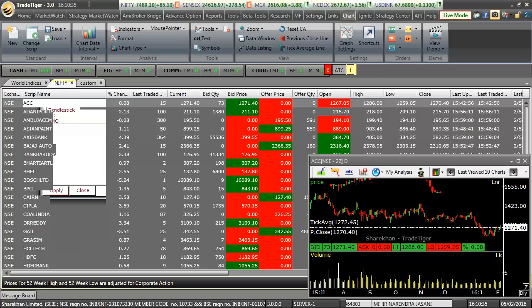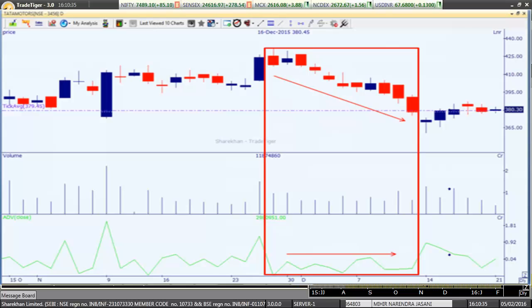I have captured a screenshot of a chart where I have plotted ADV onto the Tata Motors daily chart, and the highlighted area is what exactly we are looking for. Normally, most of the times ADV will move in relation to the price, but we look for the point where ADV is not moving in relation with the price movement, and that is when we can expect a change in